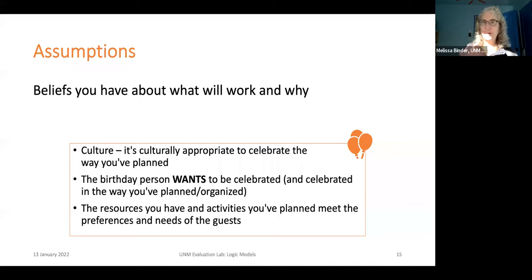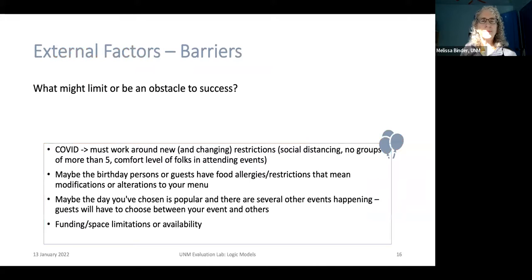Okay, so what I want to do now is I'm going to go through the assumptions and the stuff underneath, like the stuff that's underlying your logic model. So the assumptions are the beliefs you have about what will work and why. And so when you are developing a program, this is really where the logic comes in a bit. Like, why do you think that if you do your activities, that you'll get the outcomes that you want to get? And I'm going to show you some examples from real organization models that I think will help emphasize what it is that we're looking for in this box.